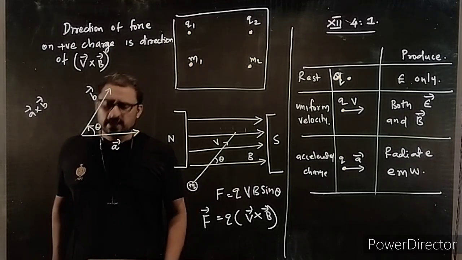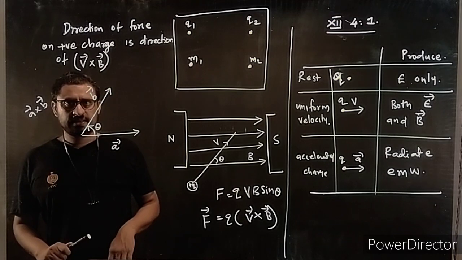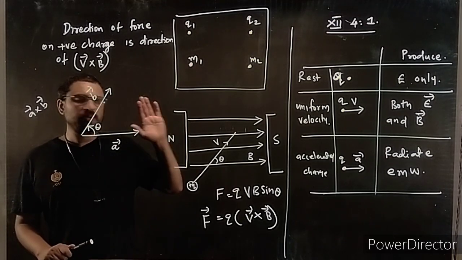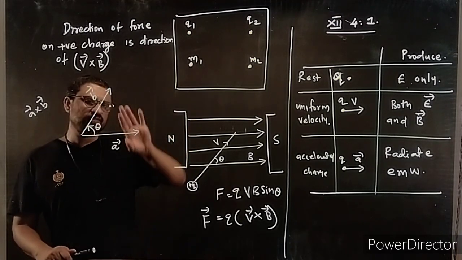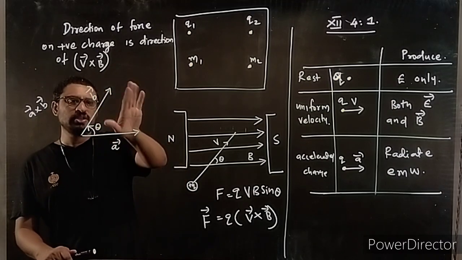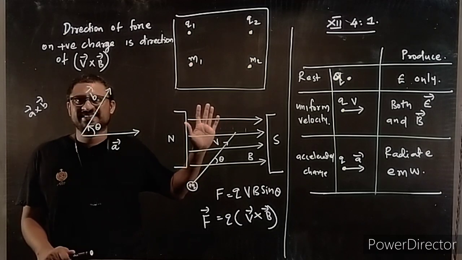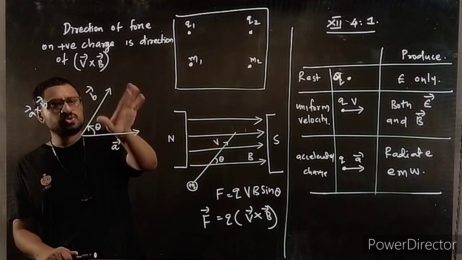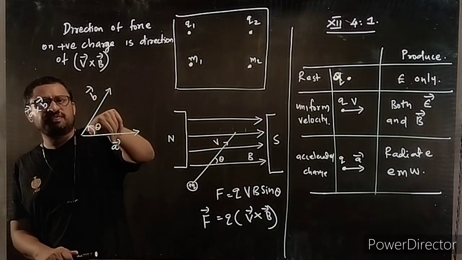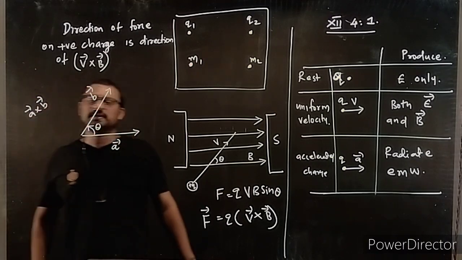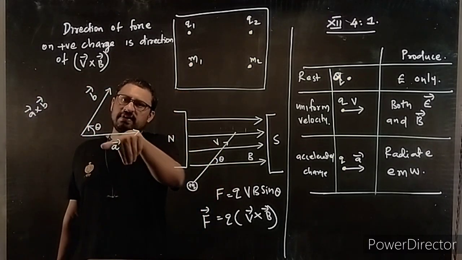Is it okay? Now suppose you want to find B cross A. So you have to place your right hand in such a way that you can curl it from B to A. Yeah, you can curl it from B to A. Right hand, right? It is right hand. Please don't forget it is right hand. From B to A. So it will be away from me. It's away from my eye.